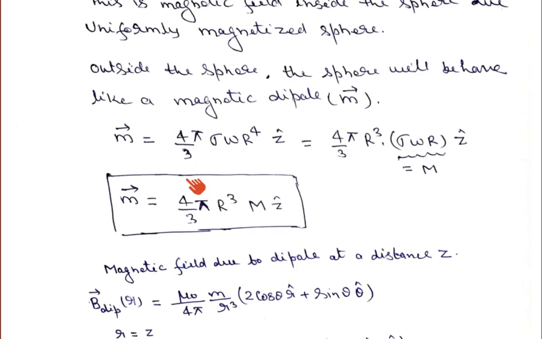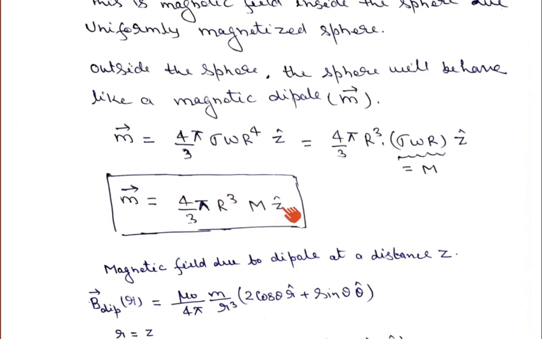So we can find out the magnetization or magnetic dipole of a spherical cell, or simply if we try to find out magnetization, we know that is magnetic dipole moment per unit volume, that is divided by volume. The volume of the sphere is 4 by 3 pi r cube, where r is the radius of the sphere. So this will give the magnetization. Okay, magnetization is obviously along the z unit vector, that means the magnetic dipole moment will also be aligned along the z axis. So this m vector, that is small m vector, can be written as 4 by 3 pi capital R cube capital M z unit vector.